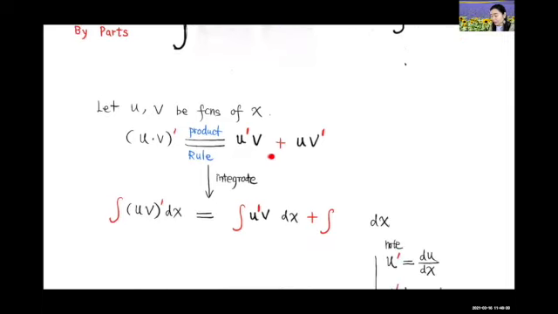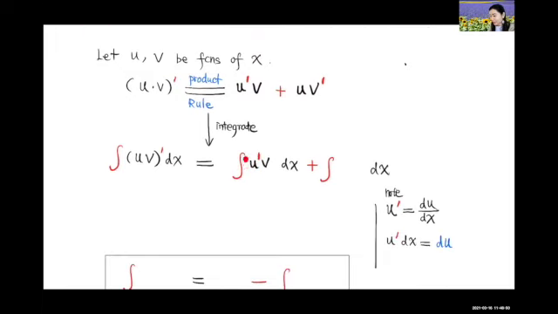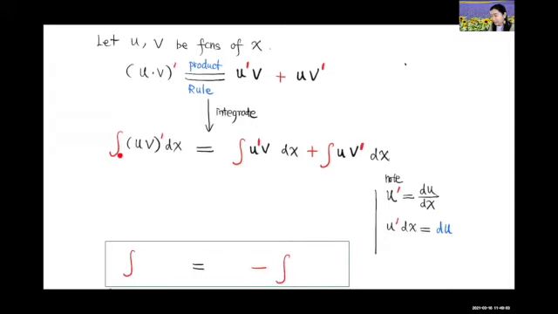Now, when we integrate both sides of the equation, we get this. On this side, we have an integral of u prime v plus the integral of u v prime. Remember, indefinite integrals represent families of functions, so the left side and the right side of this equation represent the same family of functions. According to the fundamental theorem of calculus, when we differentiate a function with respect to x and then later on integrate that with respect to x,